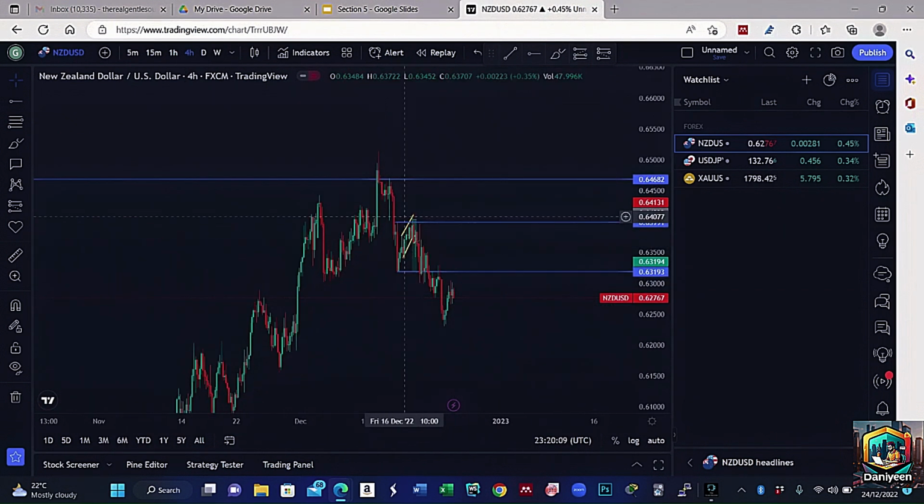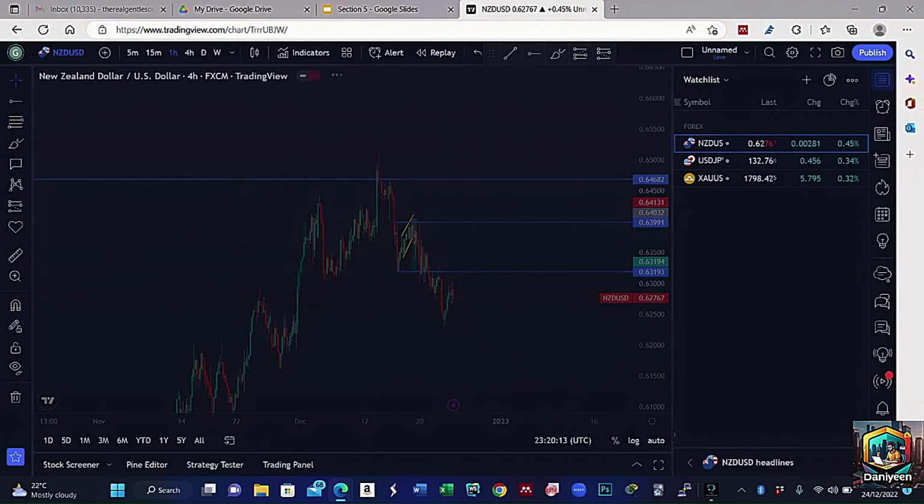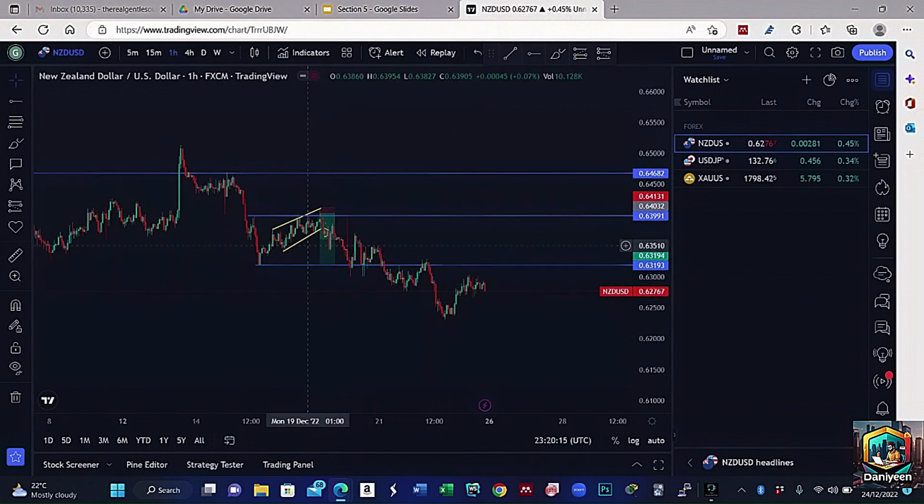Then we marked a particular high, so we waited for price to break that high and cause mass psychology. Like I've explained before, mass psychology is just the market movers trying to catch people on the wrong side of